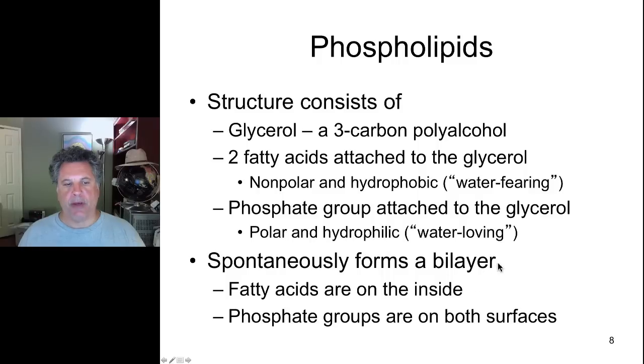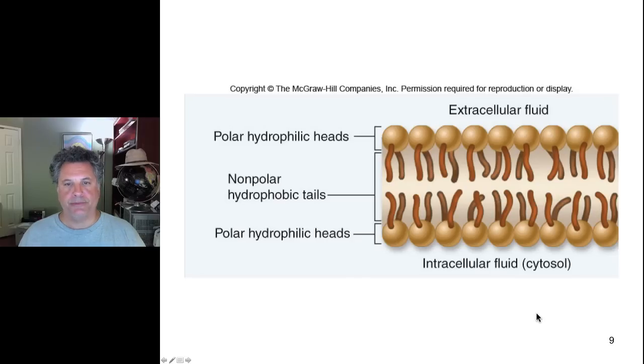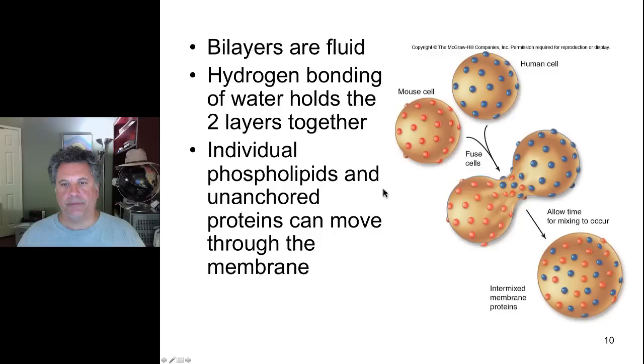And we've talked about phospholipids will spontaneously form a bilayer in water with fatty acids on the inside and the phosphate groups on both surfaces, as shown here. Now, many experiments have shown the fluid mosaic model of the membrane. Mosaic being pieces that are embedded in a matrix. So here what we have are the proteins are kind of like mosaic pieces, and they float around in the